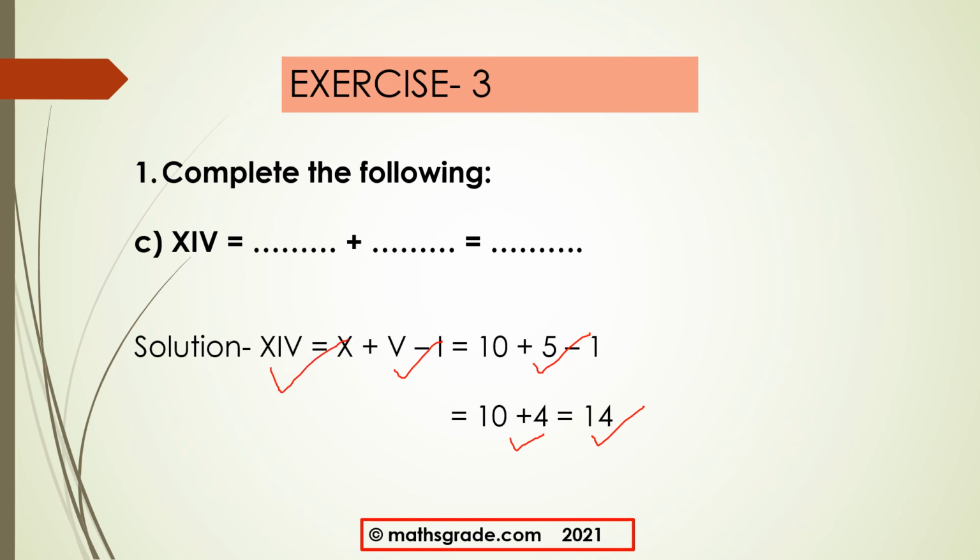If we separate this XIV, X is one part, which is 10, and IV is one part, that is 4. So 10 is the bigger value written to the left side of the smaller value, so we have to add. And 10 and 4 are in descending order, so we have to add. 10 plus 4, that is 14.